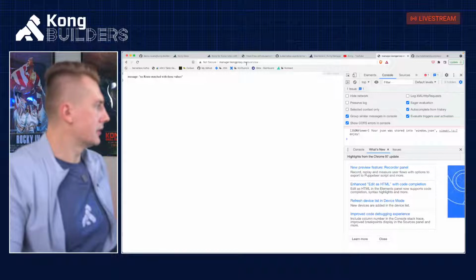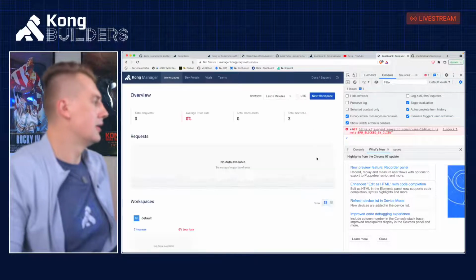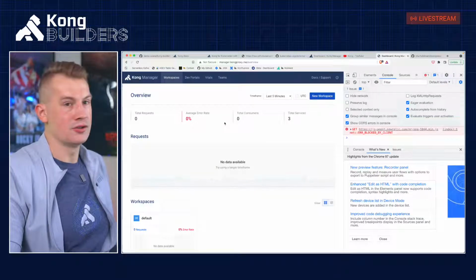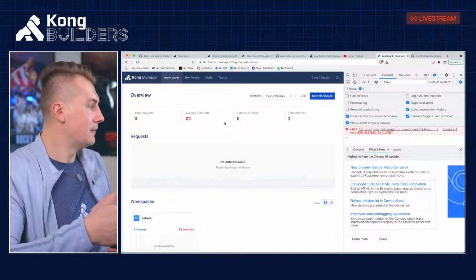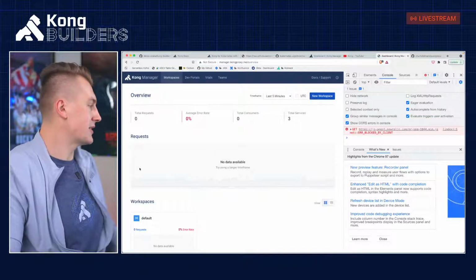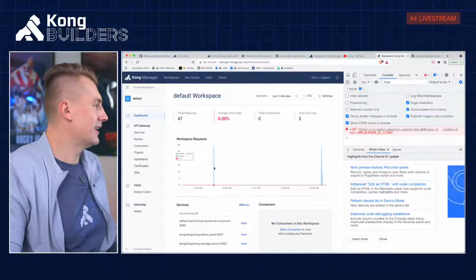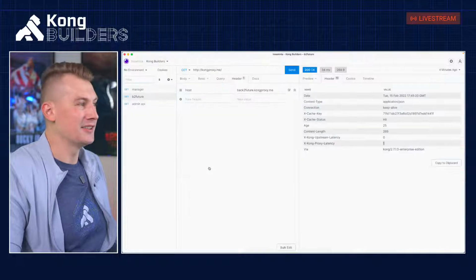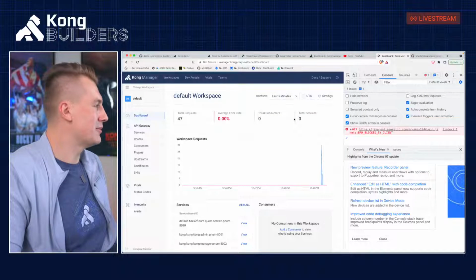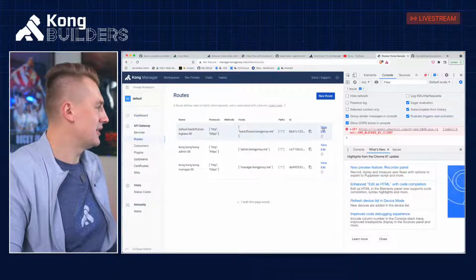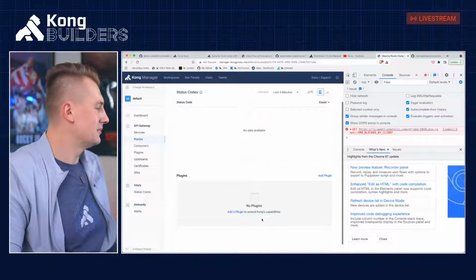Okay, so we see that it's rolling, and now we are golden. Now we're running the enterprise version with Helm charts, with Postgres. Now let's make some noise. The easiest thing to do is, first of all, let's disable caching, and I will show you routes. We're going into view.